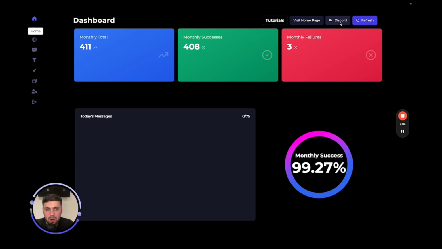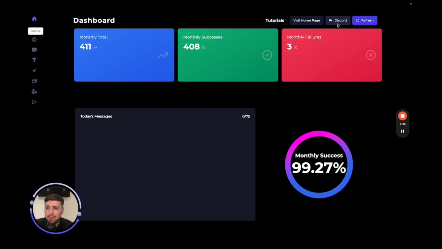Once you've downloaded Ascend DM and you've got the software, once you're in the actual app like I am now, you can go over to the Discord, which I highly recommend. The Discord is basically there to give feedback, feature requests, and also the odd bug that happens. You can also open a ticket and they'll get it sorted for you straight away. The support is honestly incredible, and it's really prompt. And as you probably know, because it's new software, you do need that early support, that good support, because you can get the odd glitch.